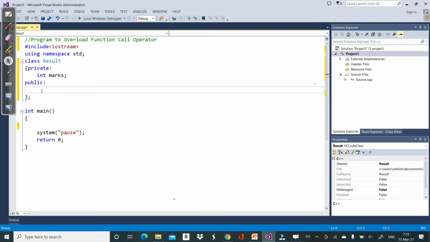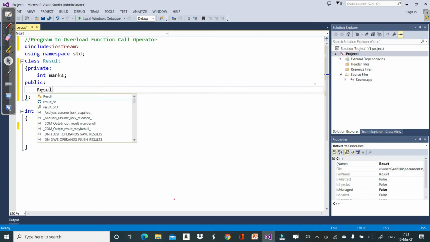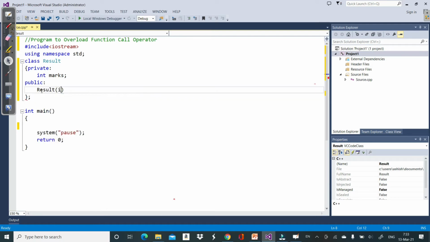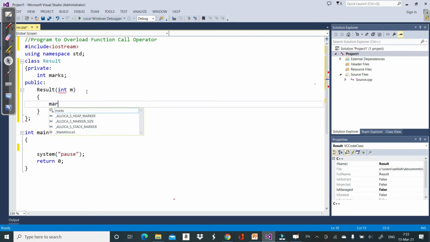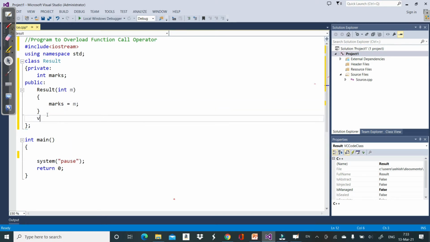For example, the first is a parametric constructor, and for this constructor marks will be m. Okay, now let's say one display function, void display,